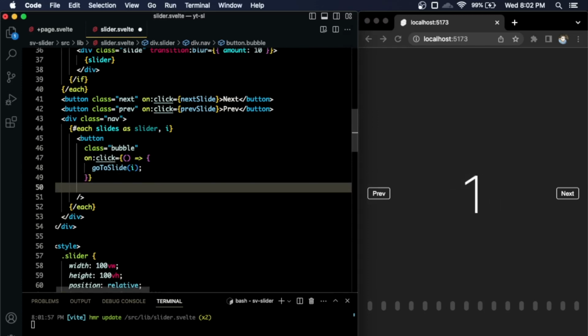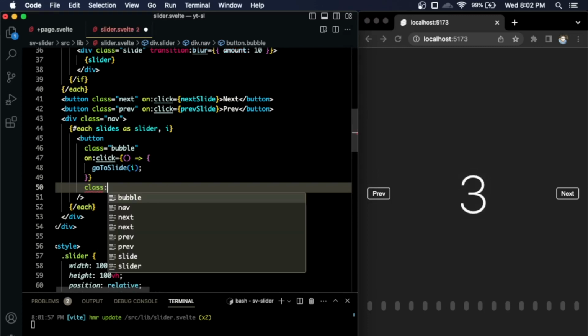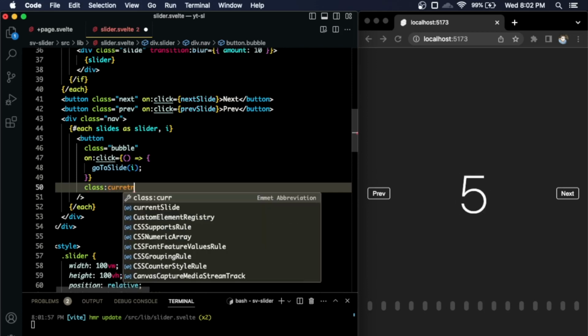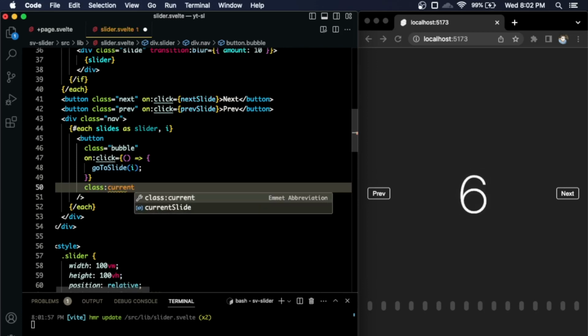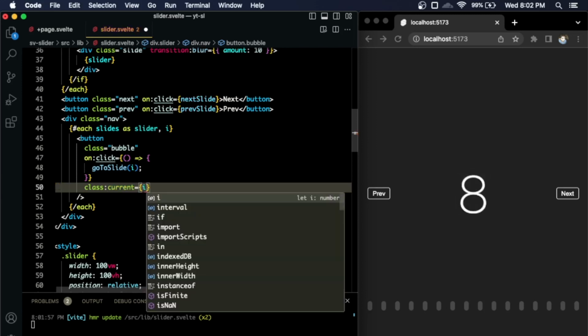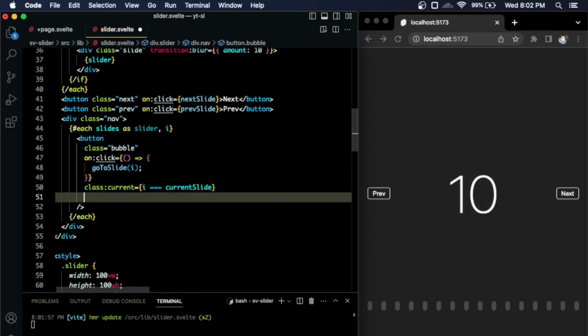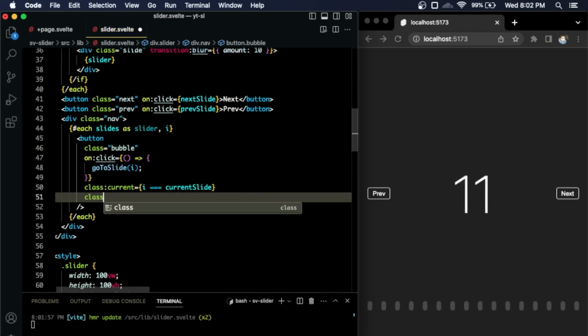If index is equal to current slide, then the class of current will be applied. Don't mind my creative class names. You can name them whatever you want. So this is if